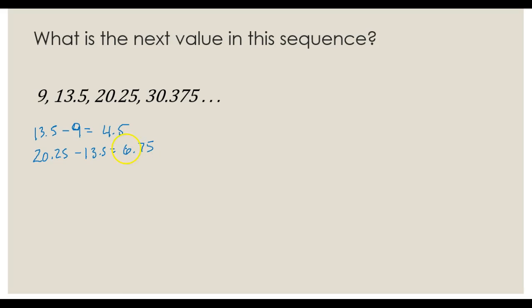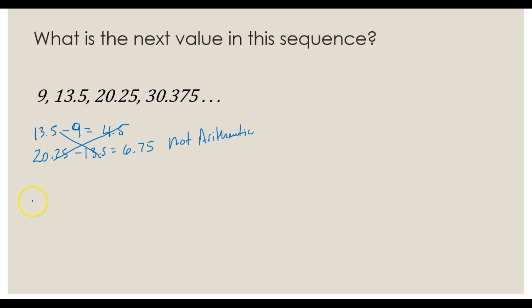It's definitely not 4.5. So it's not an arithmetic sequence, because there's no common difference. The spaces between the numbers are not equal. Okay, so then we're going to look to see if it's a geometric sequence. A geometric sequence doesn't have a common difference. They have a common ratio, and we do the same thing, the same numbers, but we do division